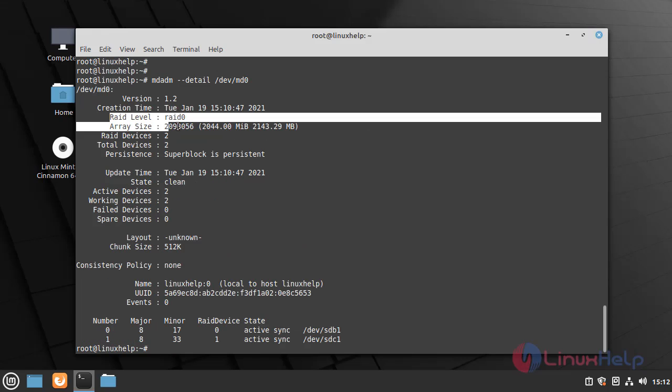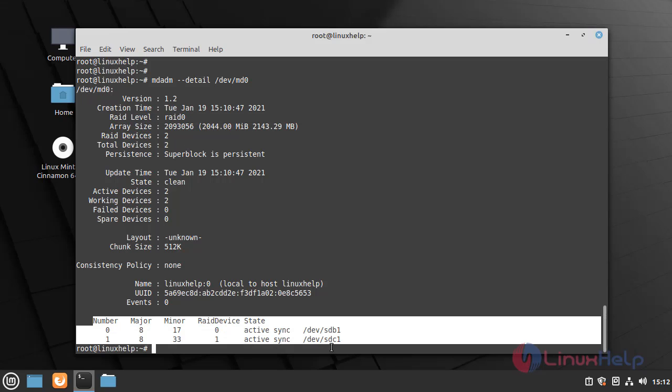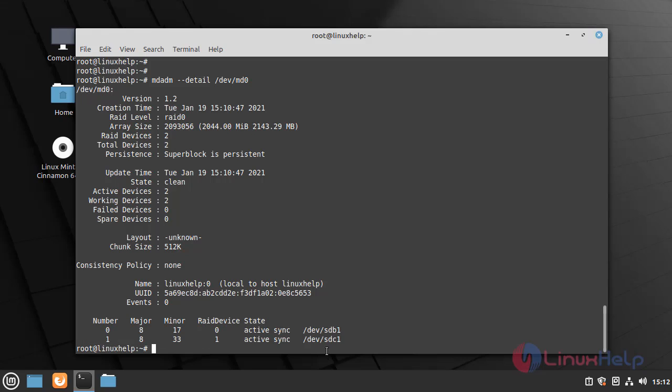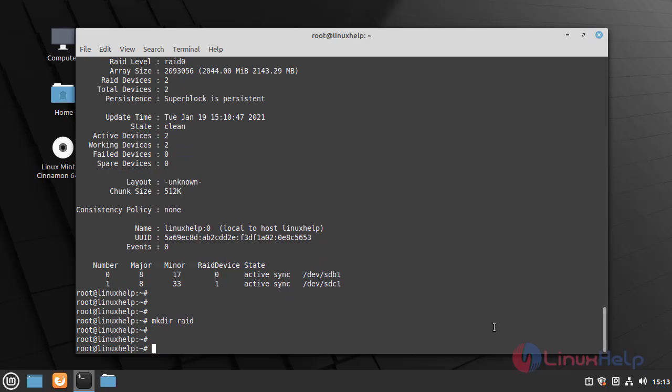Here the RAID level is 0. Here I am using two drives, SDB1 and SDC1. Now I am creating a directory to mount the RAID. Now mount the RAID to the directory.